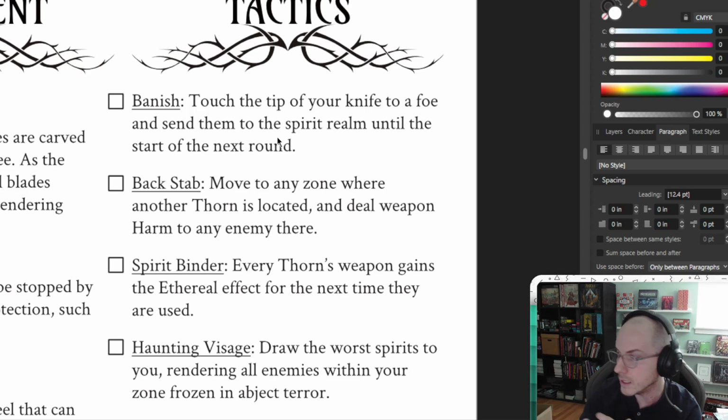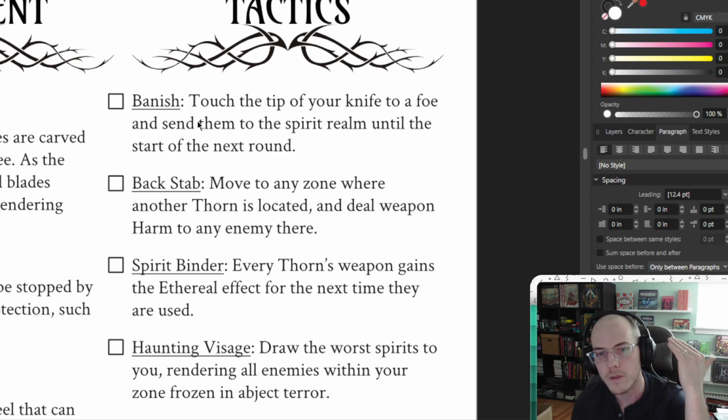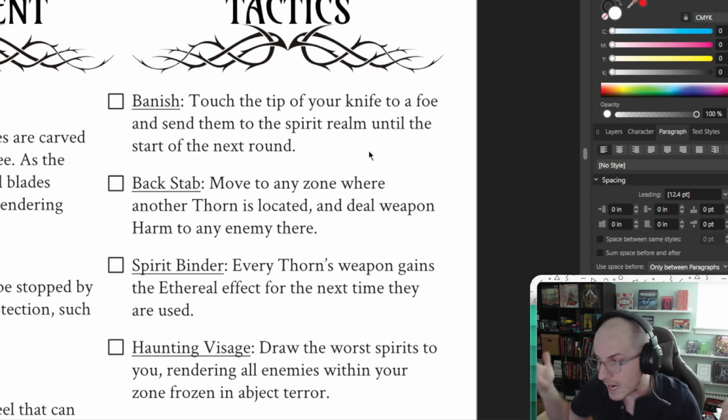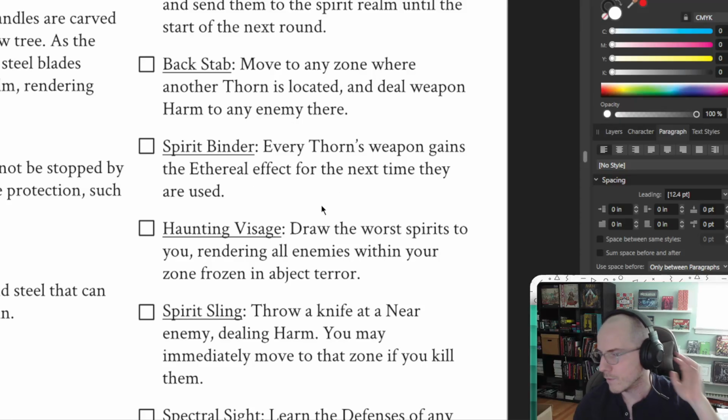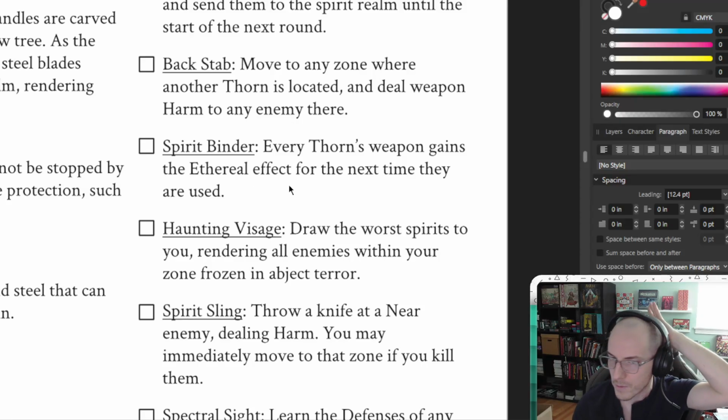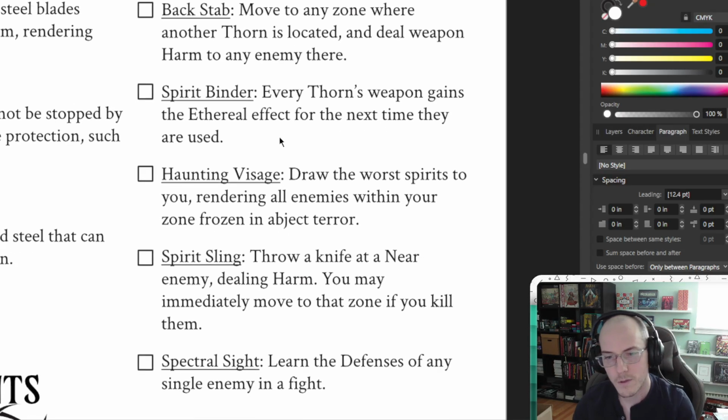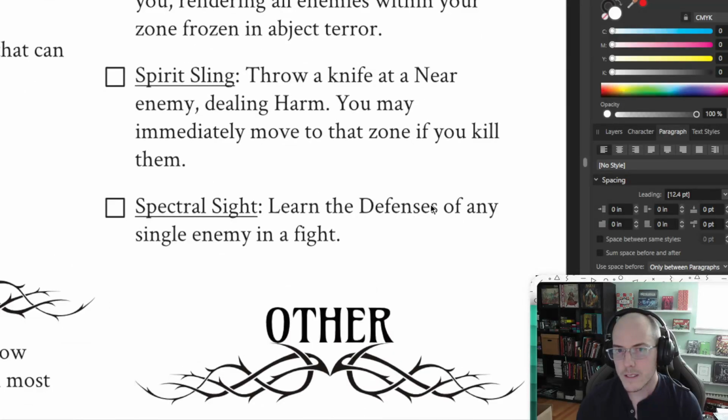Others are less mechanically defined. For example, Banish. Touch the tip of your knife to a foe, they get sent to the spirit realm till the start of the next round. What does that mean? I don't know. It's up to you as a table to define what that means. I like this. You can give your other thorns the ethereal effect, so everybody has ghost blades for a little bit. And then this is a relatively common